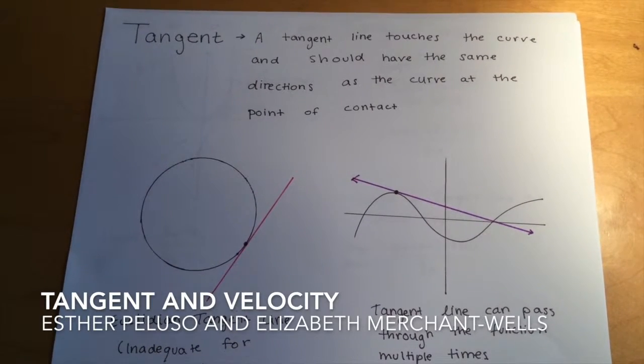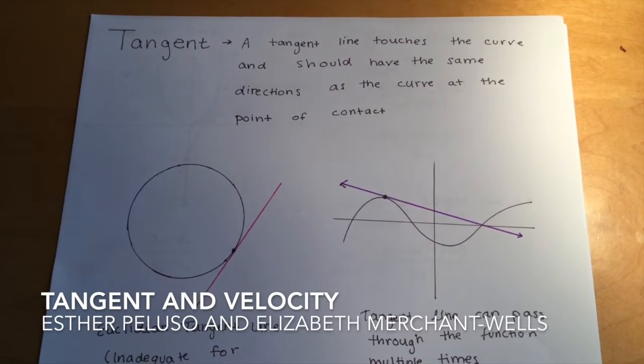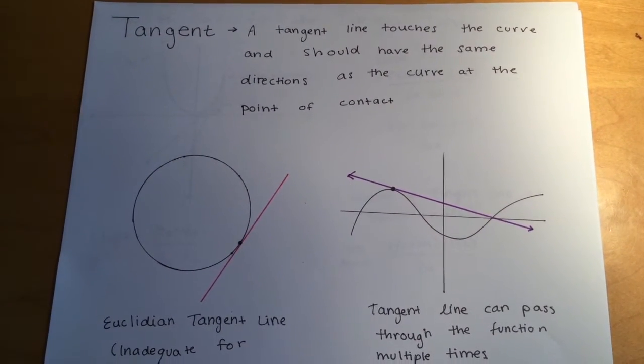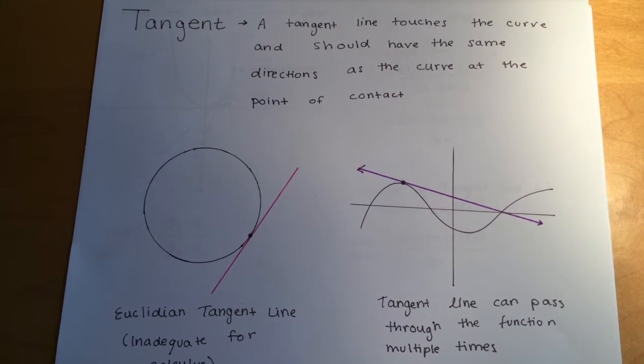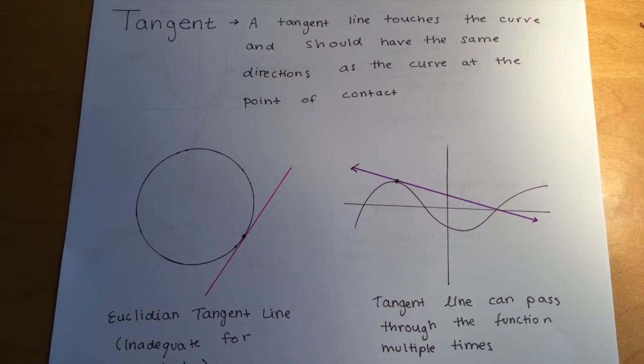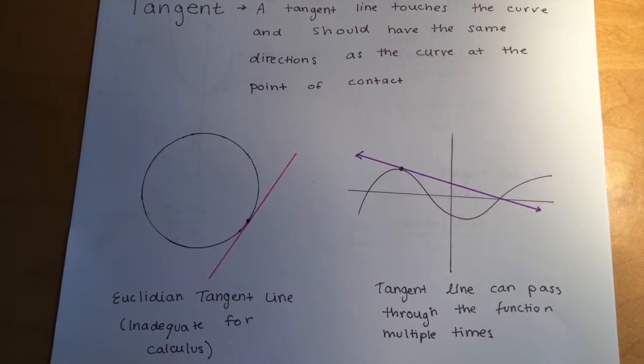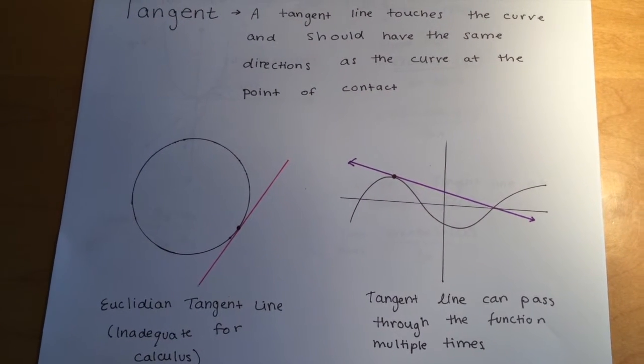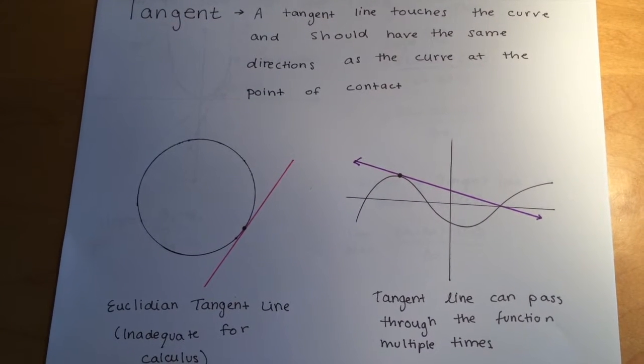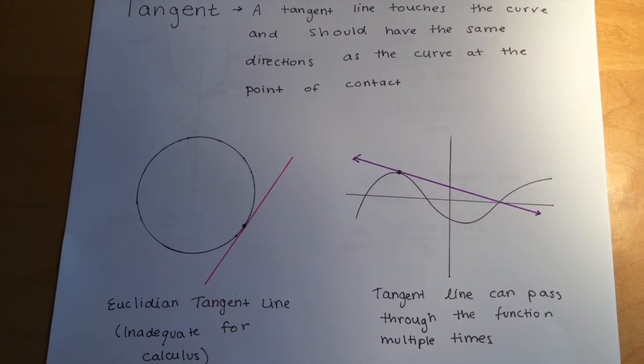About tangent lines and velocities. And so the definition of a tangent line is a line that touches the curve and should have the same direction as the curve at the point of contact. Now the old or previous definition of tangent that we have learned of is the Euclidean tangent, which says that